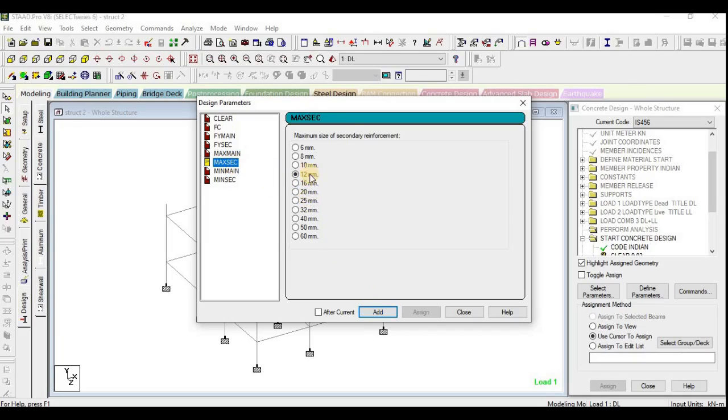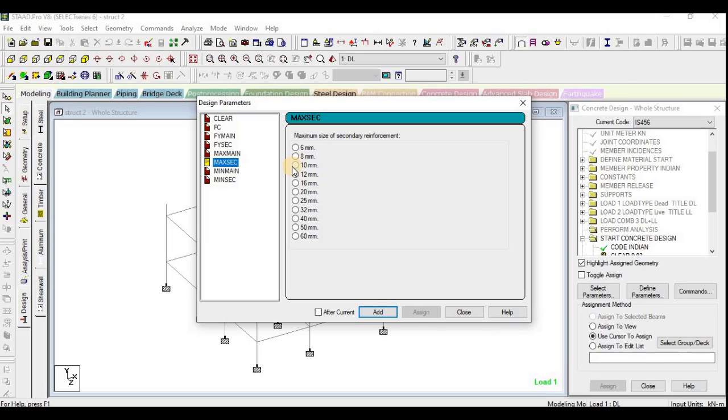The next is maximum secondary. For secondary reinforcement we mostly use 12 mm, because for slabs we use minimum bars of 12 mm and 10 mm.